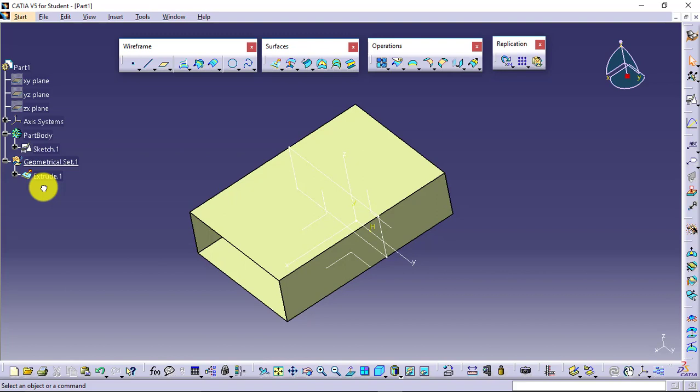It is similar to what we were using in the part design. Whenever I tried to create any reference element like point, line or plane, by default it goes into geometrical set, and other things were there in the part body only.